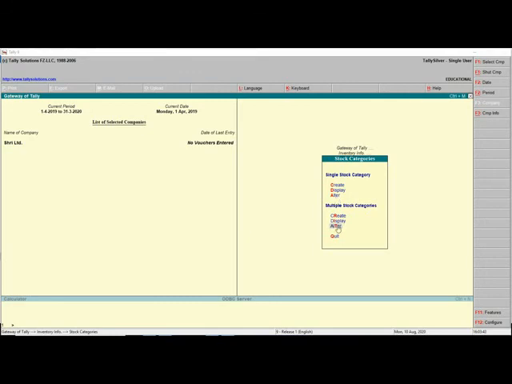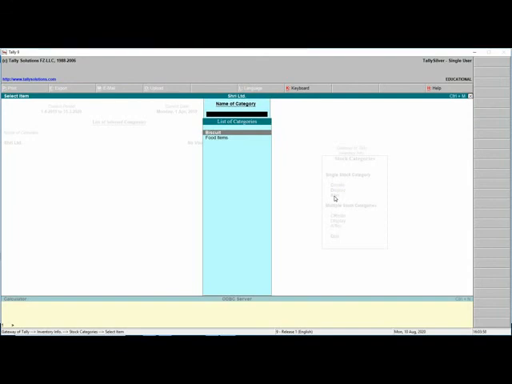For that, select alter under the multiple stock category option. Let us select alter under single stock category. It displays all the categories created. Select the stock category to be altered.